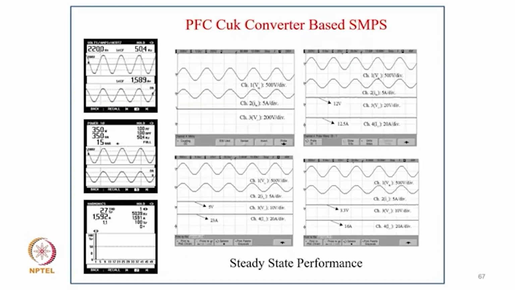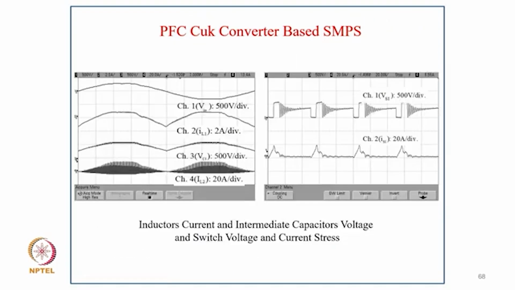The case of power factor correction Cuk converter used in the same switch mode power supply at 350 watt, and THD is only 2.7%, and you can clearly see all the parameters, like the different output voltages, and the power factor remains unity in all conditions. And this is typically proving the design that input inductor current is continuous, capacitor voltage of energy transfer is also continuous, but the output inductor current, which is designed in DCM to give inherent power factor correction without sensing input voltage, input current is shown here.